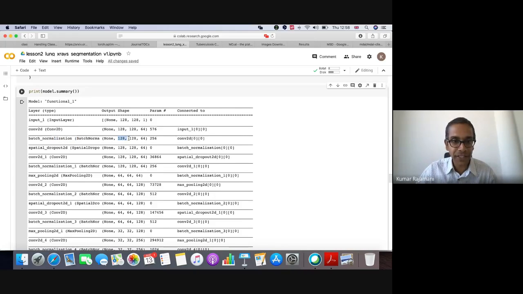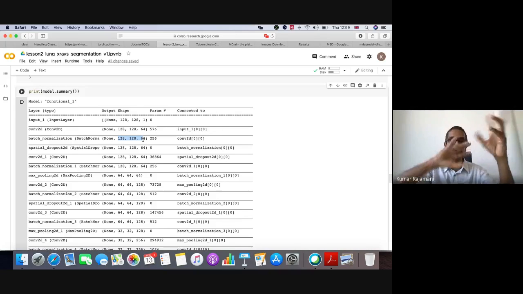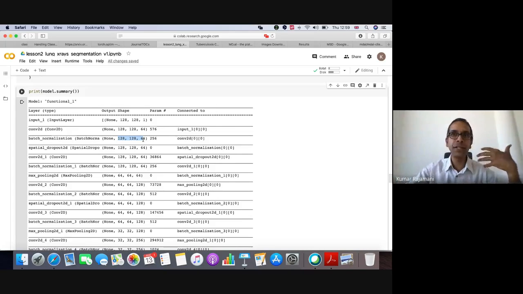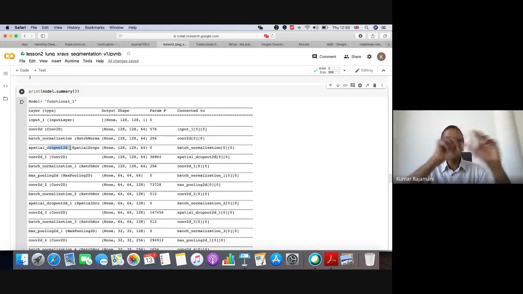And so here nothing changes. It's still 128, 128. It's just doing normalization to adjust the values to a particular range. Say, let the mean be 0, let the standard deviation be 1. That's one kind of normalization, right? Then we do a dropout, and dropout is just dropping some of the network connections, so that it is not fully connected everywhere, but it doesn't change any of your network dimensions. So it is still 128, 128, 64, and you can see it all takes input from the previous layers. Then you do a convolution, so that's the double convolution, so it again maintains 128, 128,